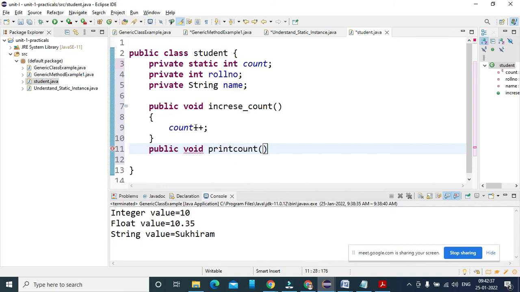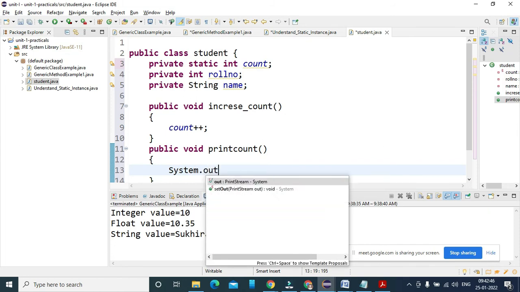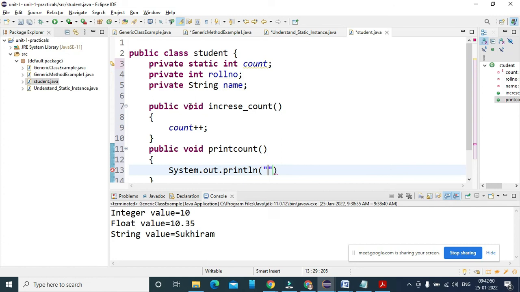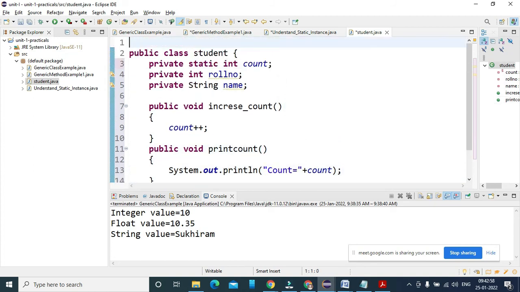So I'm going to print the count. Yeah, it's showing. I want to print the count: System.out.println, and count equal to plus count here. So whatever the value is there, I'm just going to use this.